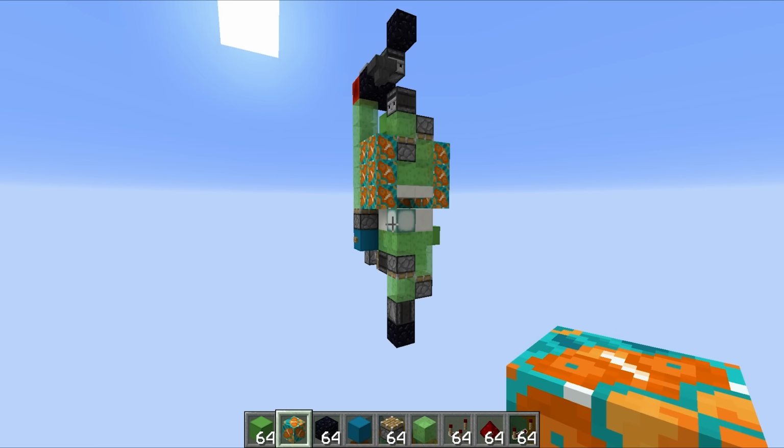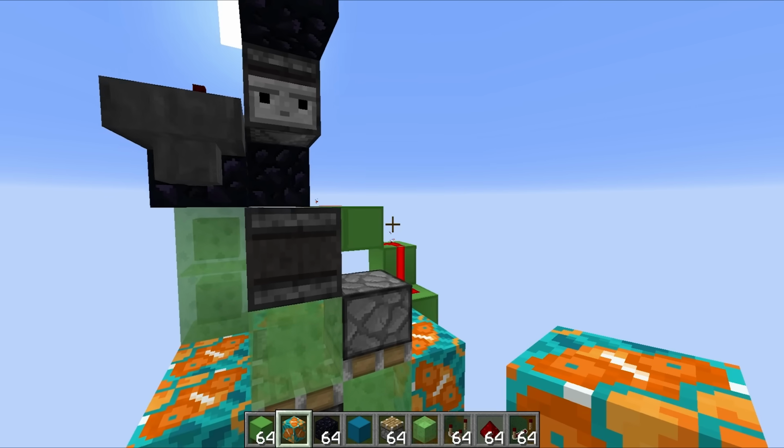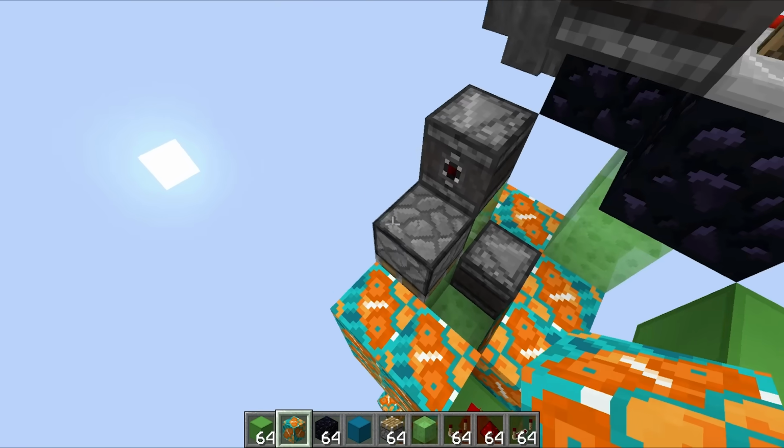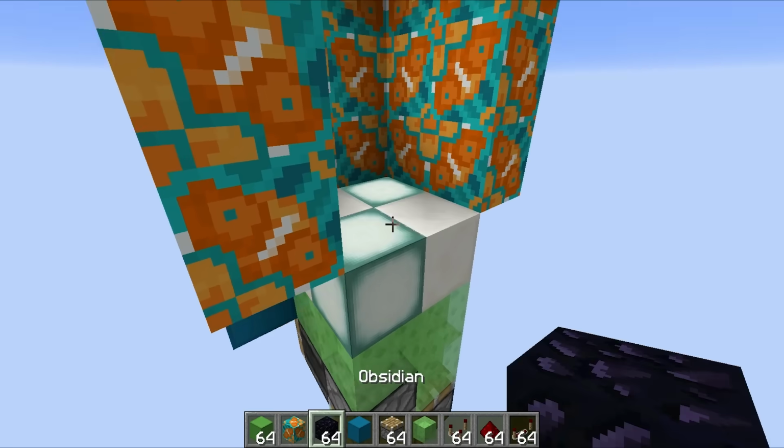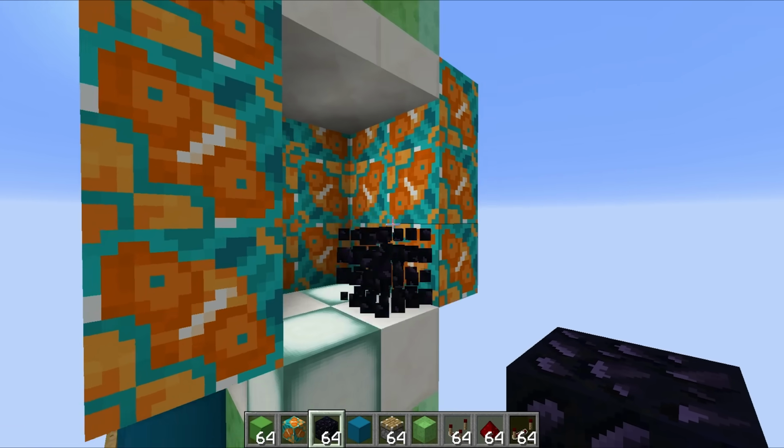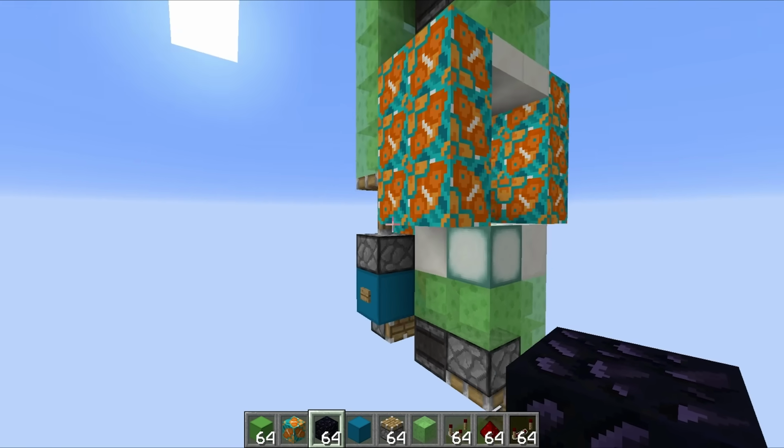Why do I even say that? Why do I say those sorts of things? Because whenever I do, it goes horrendously wrong. I think I might have found the culprit. Yeah, apparently I forgot to remove the obsidian that's down at the bottom, which is holding this thing in place. So now, when we hit this button...